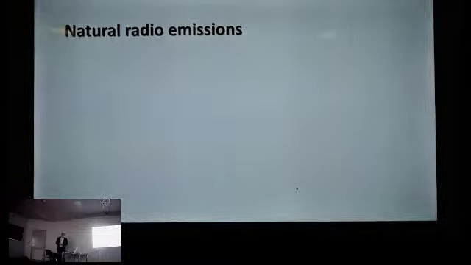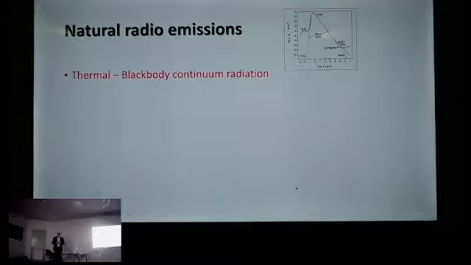So just to note a few things about some of these sources I've been talking about: the Sun, Jupiter and the Earth all have similarities in some of the emission mechanisms that are responsible. You're probably all familiar with thermal radiation, which is basically the black body radiation emitted by a warm body. The sun is a source of radiation across a wide spectrum from black body radiation. The little plot there shows this characteristic curve. But way up in the radio end of the spectrum, the sun is also a source of thermal emission. If you've got a sensitive enough telescope, you can measure the sun as a thermal source, as you can the moon, the planets,